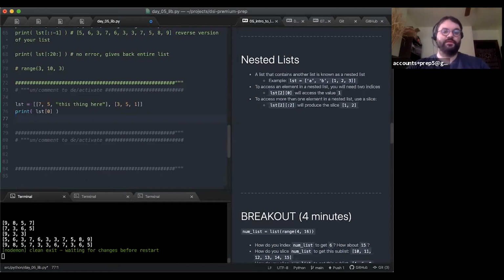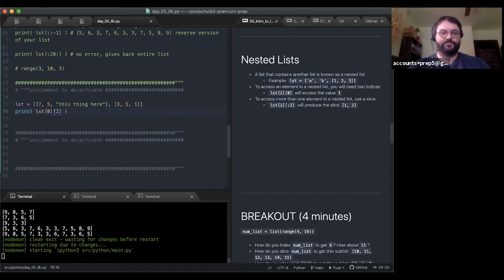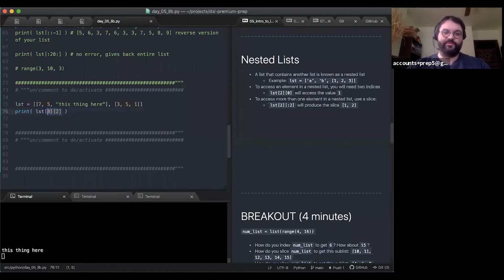Cool. Yeah, so that's going to be list sub 0 sub 2. So this looks kind of funny, but as many nested lists as we have, we can just keep subbing into those successively. List sub 0 sub 2, sub 4, sub 9, whatever. So if we had that many nested lists, which thank goodness we don't. But this is a string. So here's a side note. Everything we're learning about indexing and slicing for lists also applies to strings, right?